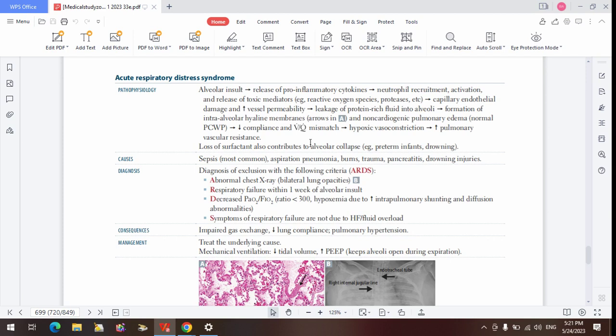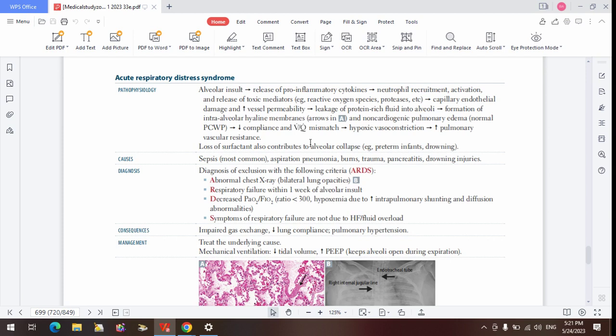So I told us to picture surface tension as a force that is trying to bring the lungs, the alveoli, towards each other, inward. If we picture it like that, we cannot forget. That is the same way I want us to also picture the elastic recoil. The surface tension and the elastic recoil are going in the same direction. They are trying to bring it inward.